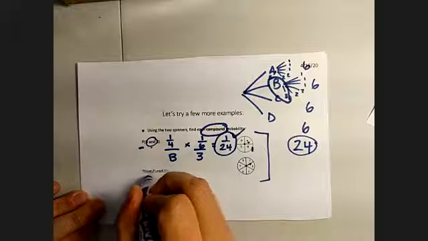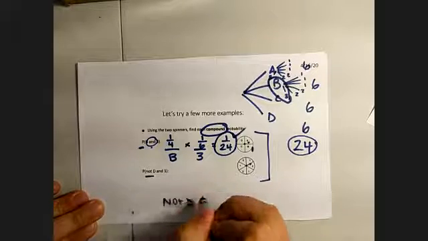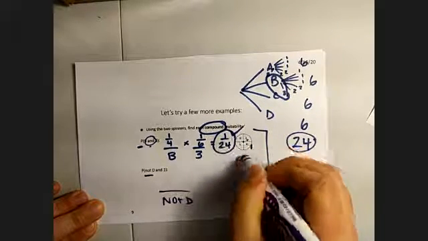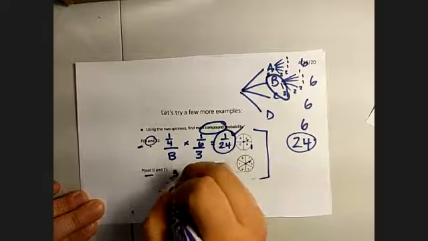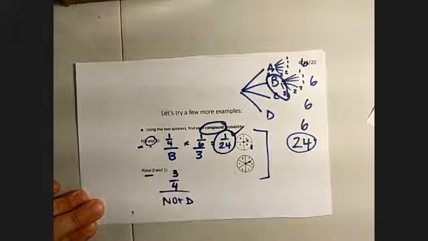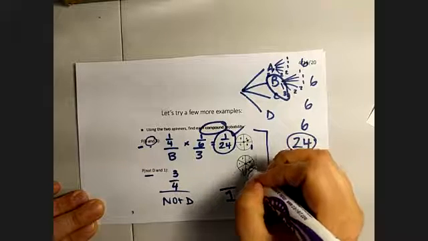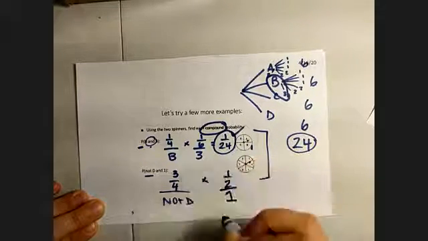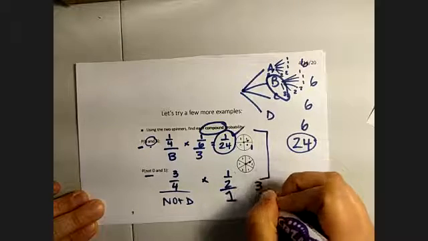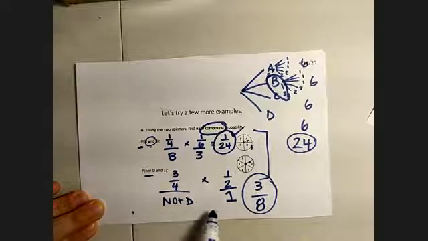So let's look at this one. The probability that it's not D and a 1. So not D. Okay, what's the chance of that? Well, not D, so it can't be D, so it could be A, B, or C. So that means it's a 3 out of 4 chance there. Okay, and a 1 on our spinner is 1, 2, 3 out of 6, which is a 1/2 chance. So when I multiply this, I've got a 3 out of 8 chance of it not being a D,